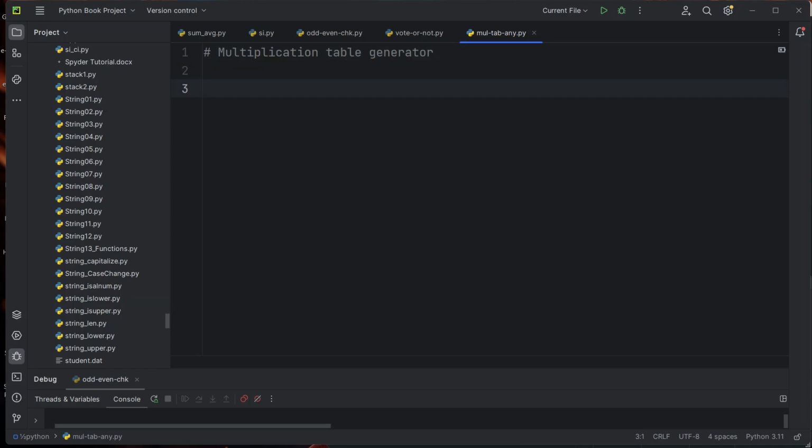Okay, so we need a number for multiplication table generation. This time we will be using a while loop, and we will convert the same program into a for loop program also. So this time first of all it is done using a while loop. So there must be a number, so it should be n. So we are writing n equals to, say, int input, enter the number